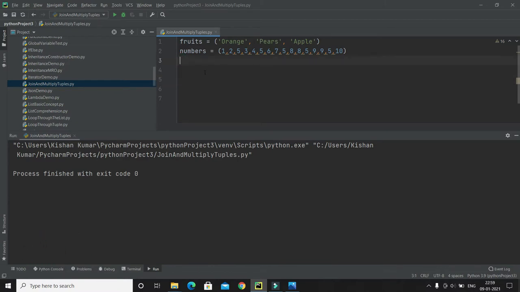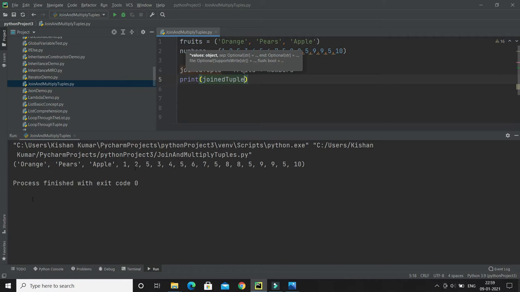To join two or more tuples, you can use the plus operator. Let's see how we can do that. Here I'm going to use a variable named joined_tuple, and let's say I would like to join this tuple. So I will write fruits plus numbers. If you have some more tuples, then plus, and you give the tuple name, but I have only two tuples that I would like to join. Let's print the value of joined_tuple and see what gets printed.